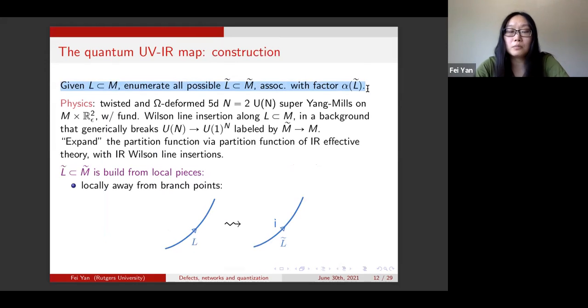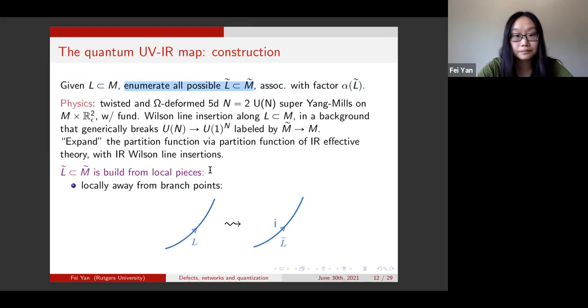I would like to enumerate all possible links L tilde upstairs, and then I would associate with each of these uplifted links some factors valued in a Laurent polynomial in q. There's some physics consideration that goes into the construction, but I'll skip it. I will describe a little more if anyone is interested. In the following, I will mainly just tell you how these steps go to enumerate all possible links L